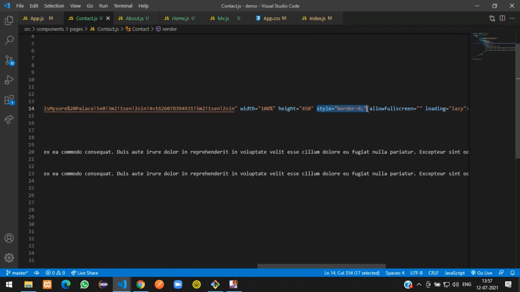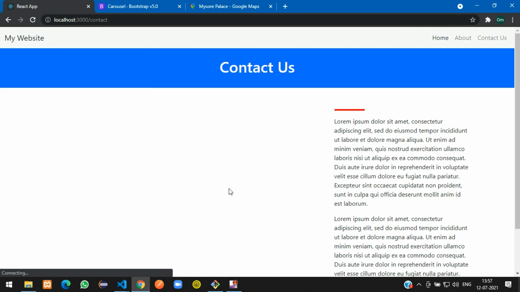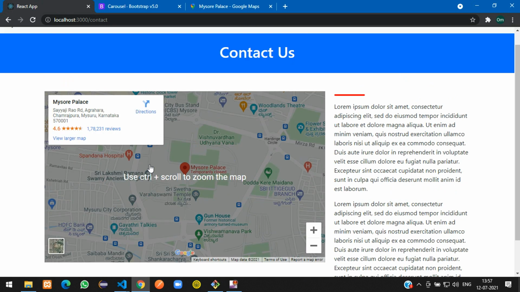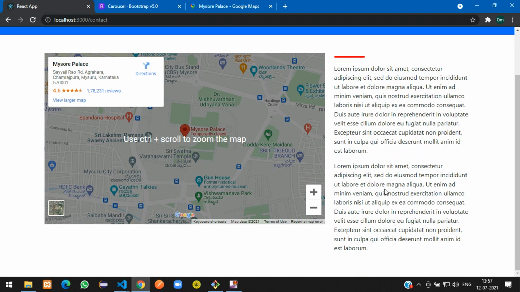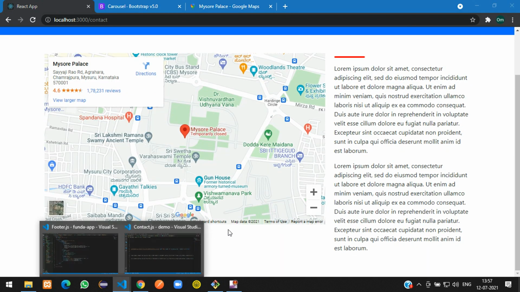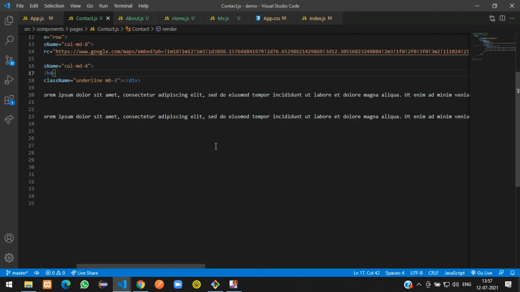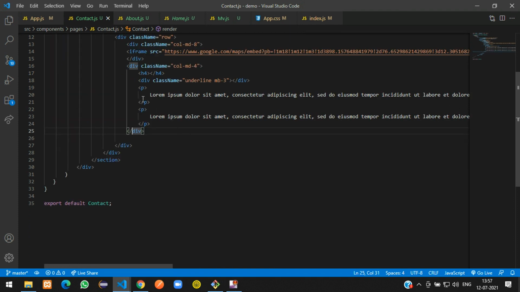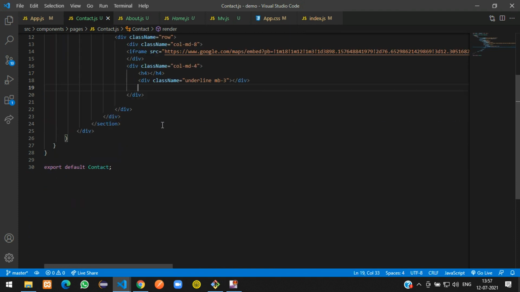Okay, I guess this might be causing the error. Save, and yes, it's done. So you can see the map is ready over here, and over here we will have the contact form. So remove this p tag, and in this h4 we are going to say contact us, or you can say send your idea with an underline, and here we are going to have a form